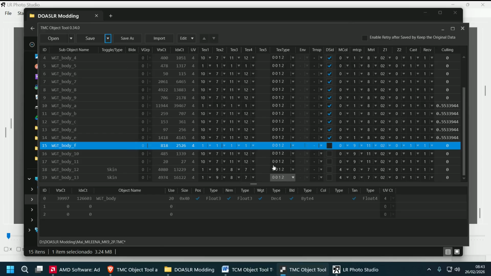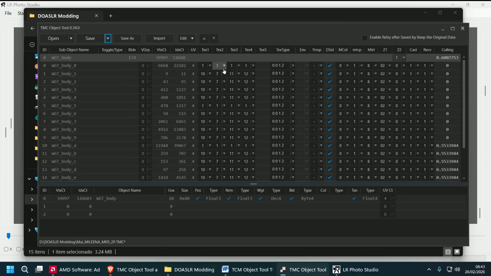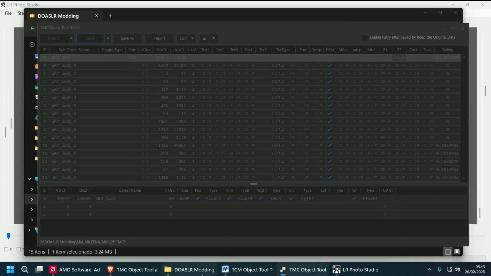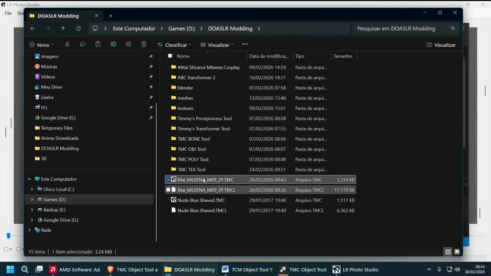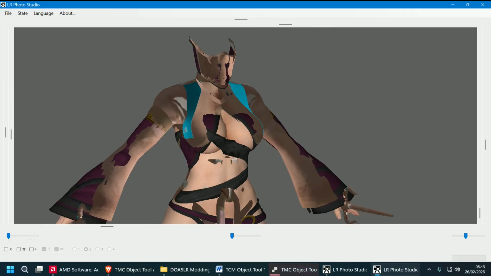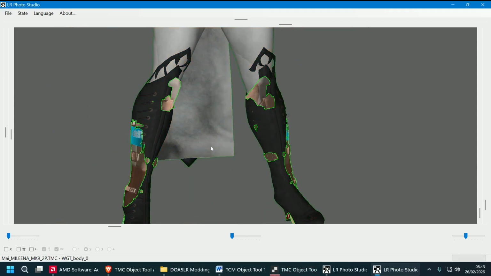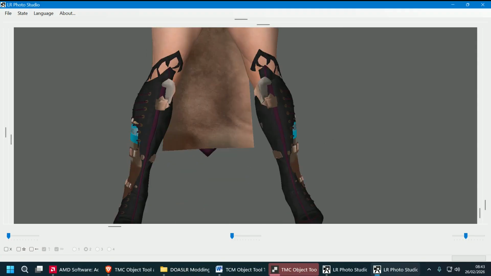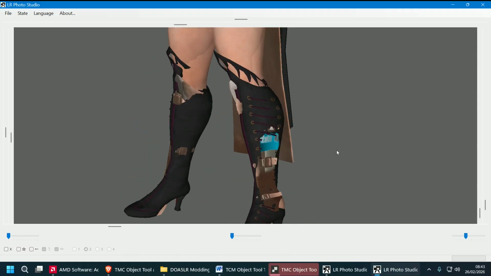Okay, so I reassigned everything to texture 1 for the other meshes. Save here. And once you open, you can see which ones, right, are the old meshes. From this point,